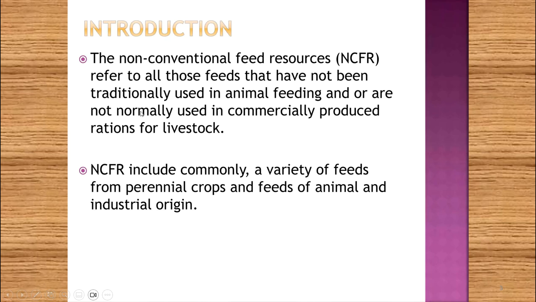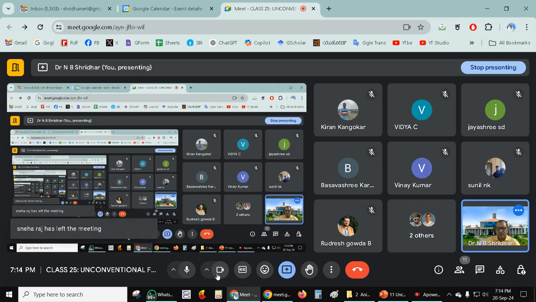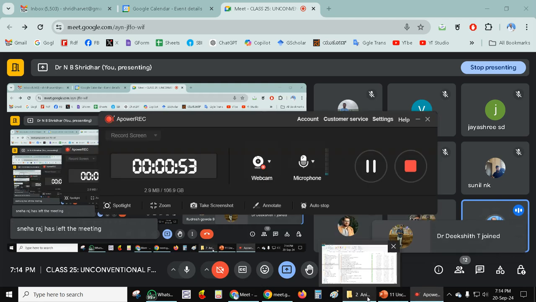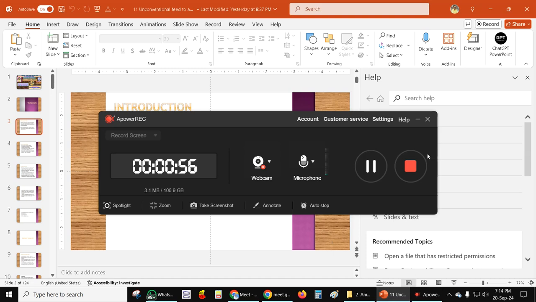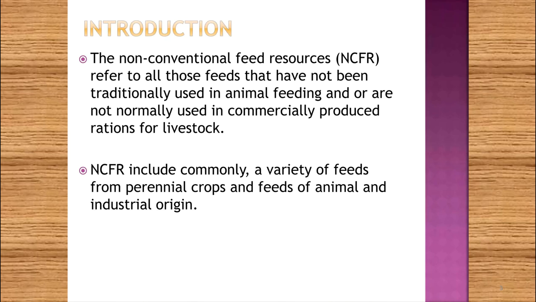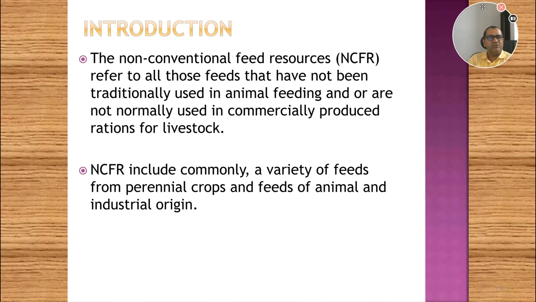traditionally used. They are not commonly used traditionally, but they are very uncommonly used feeds. Especially, some of these feeds are used, not as a routine thing. So these are called the unconventional feed sources, and they are not normally used in commercially produced rations, especially of the